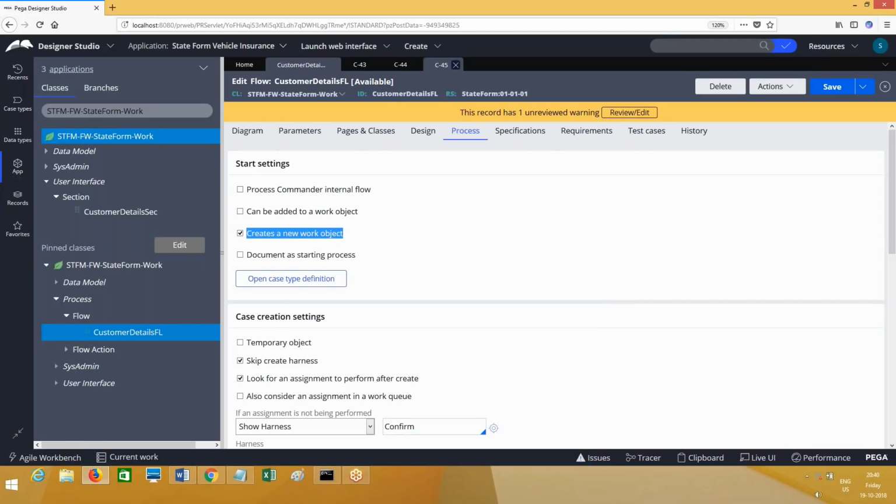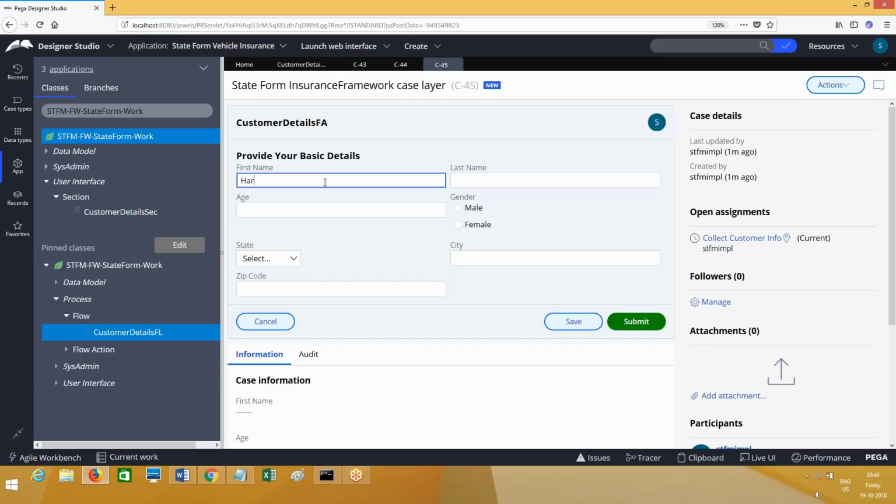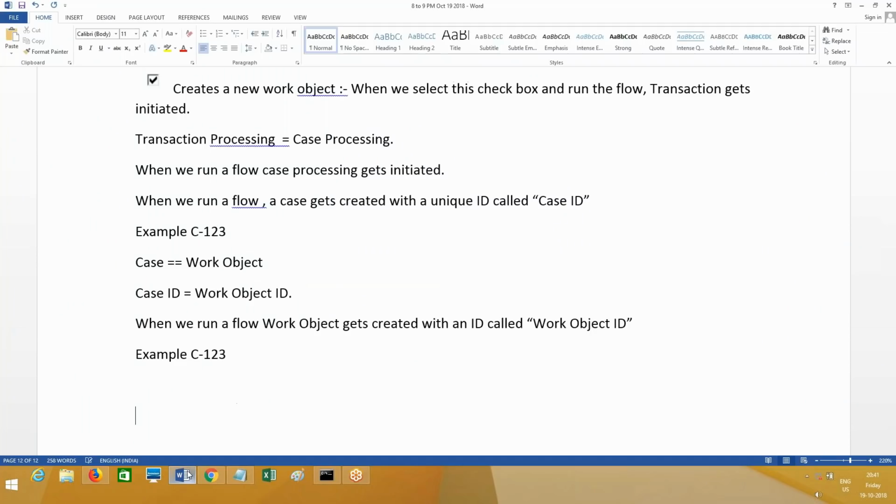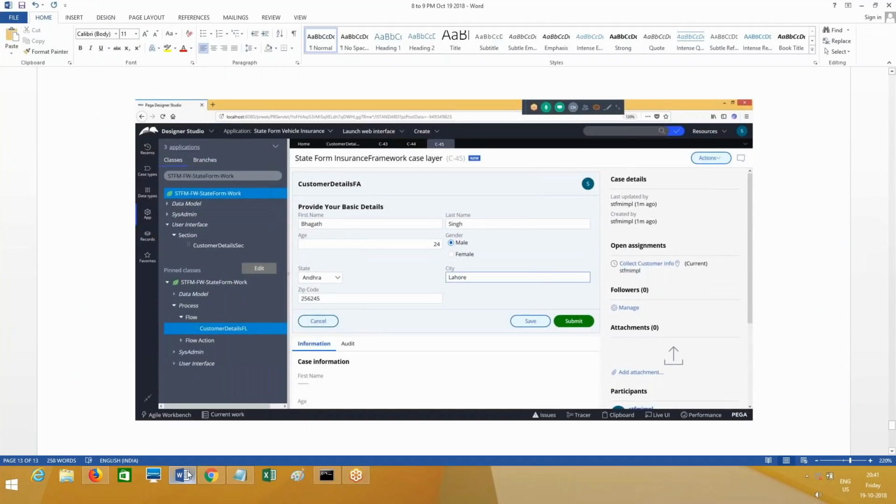Now, when a work object is created, I am going to give the data right here. The data we enter, the data which gets processed through the transaction, will be held by the work object.